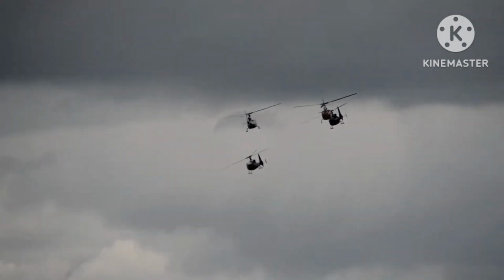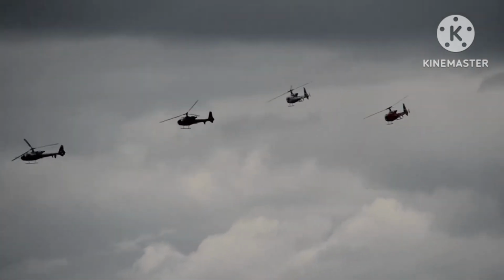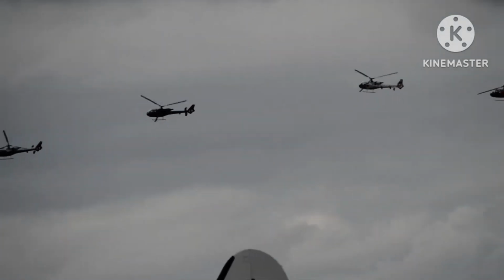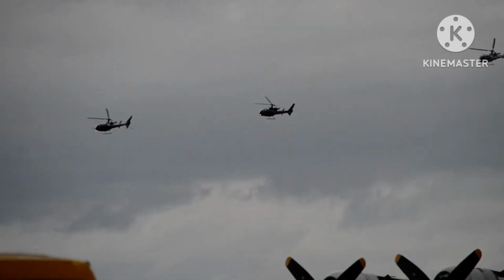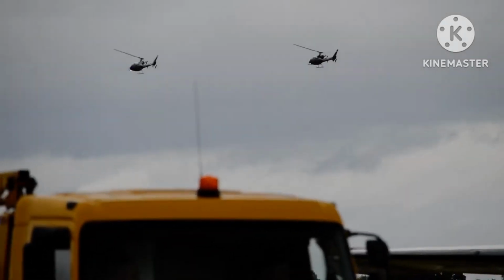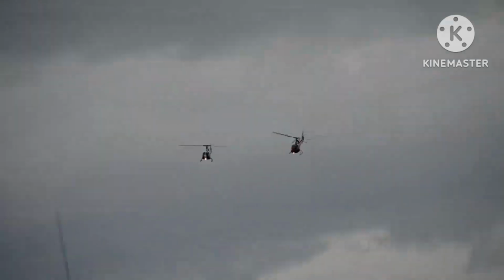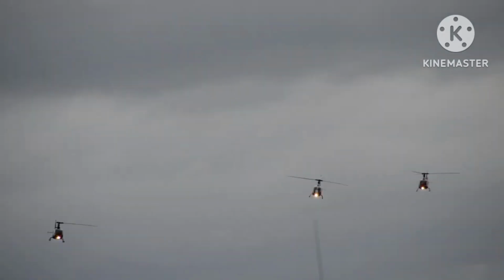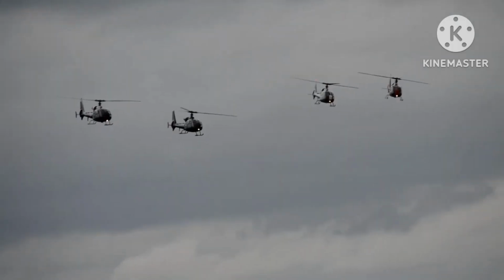He was an instructor on the Gazelle and the Sea King, and he has a lot of post-service experience in the police and emergency medical helicopter worlds, and this is his first season, as I say, on the team. Gazelle 3 is flown by Bruce Stewart. He's been flying helicopters since the 1970s. With the Army Air Corps, he flew the Scout, the Lynx and the Gazelle. He flew in the Blue Eagles team for several seasons, and he now counts among the most experienced Gazelle pilots